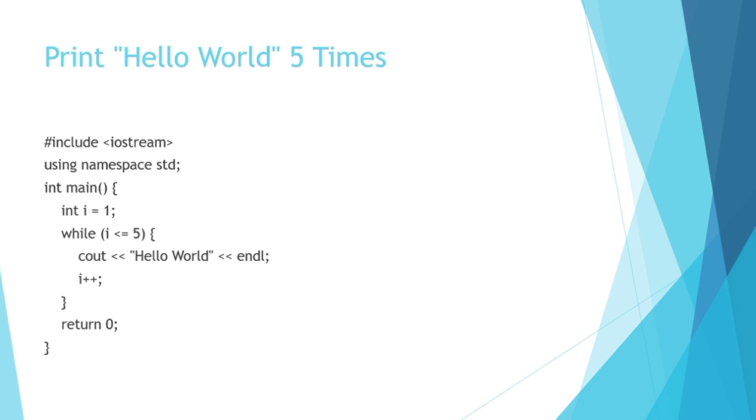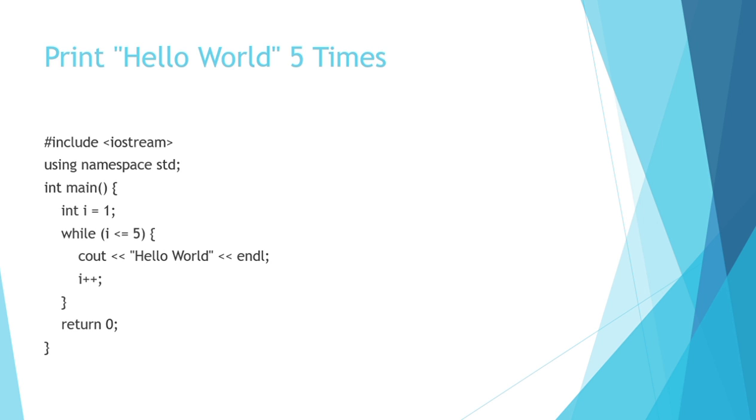The while loop is a control flow statement that repeatedly executes a block of code as long as the specified condition is true. In this case, the condition is i is less than or equal to 5, meaning the loop will continue executing as long as i is less than or equal to 5. Initially, i is 1, so the condition 1 is less than or equal to 5 evaluates to true, and the loop starts. Inside the loop body, the statement cout